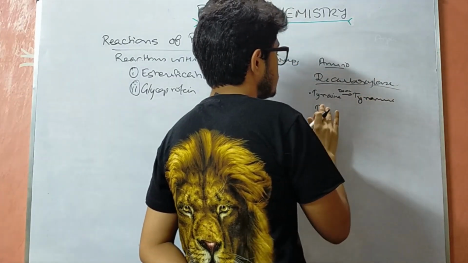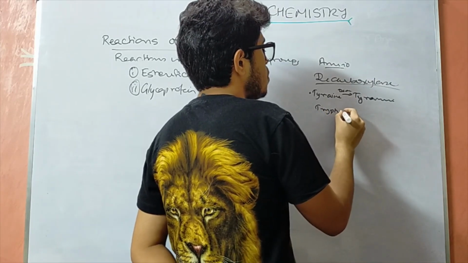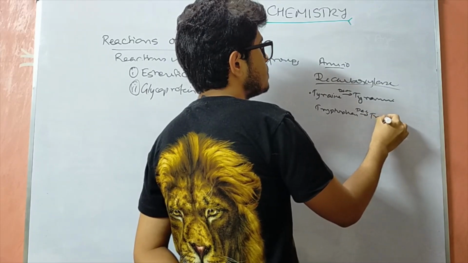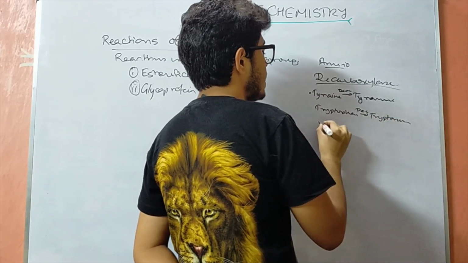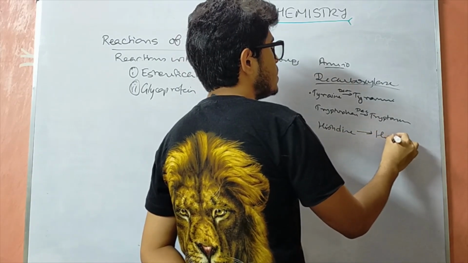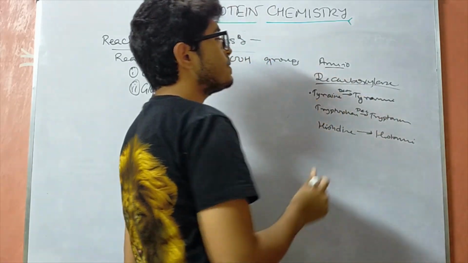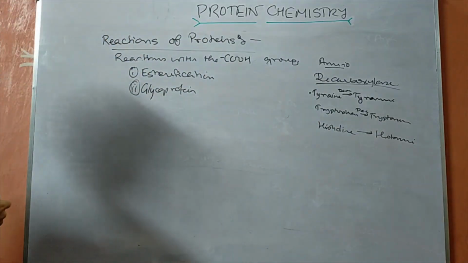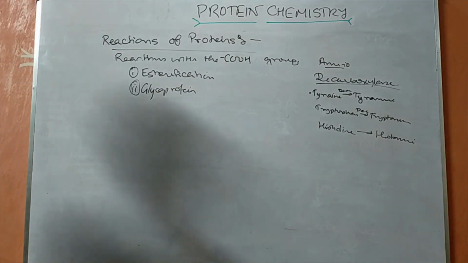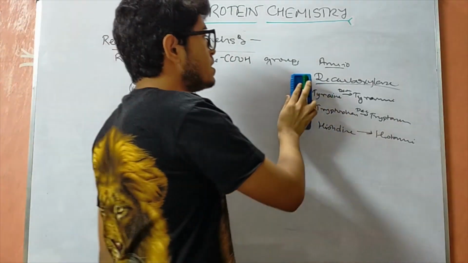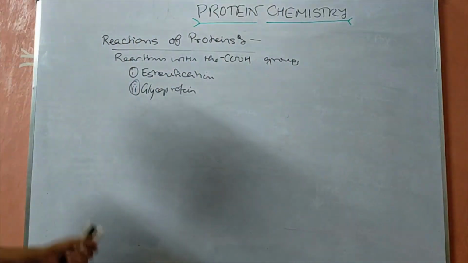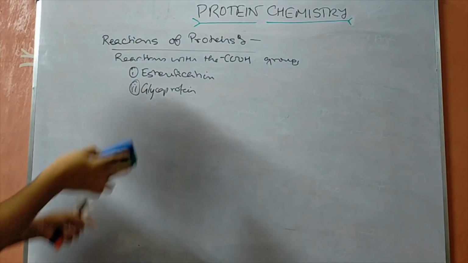Tryptophan, when acted upon by the decarboxylase, gives rise to tryptamine. Histidine, when acted upon by decarboxylase, gives histamine, and so on. So this is what we have for the decarboxylase enzymes, and this is all we have for the reactions of proteins. Now we have another set of reactions,